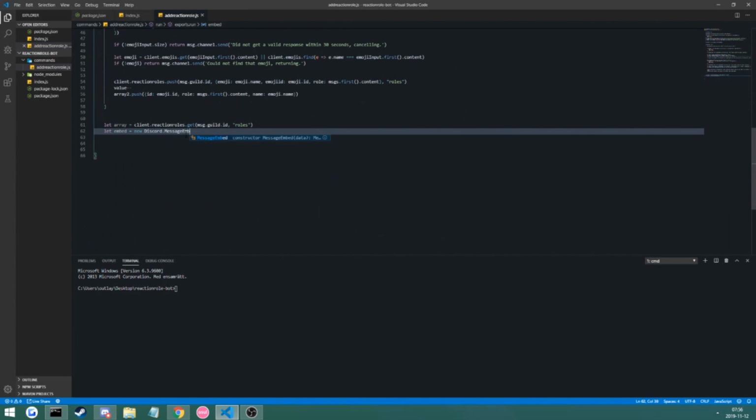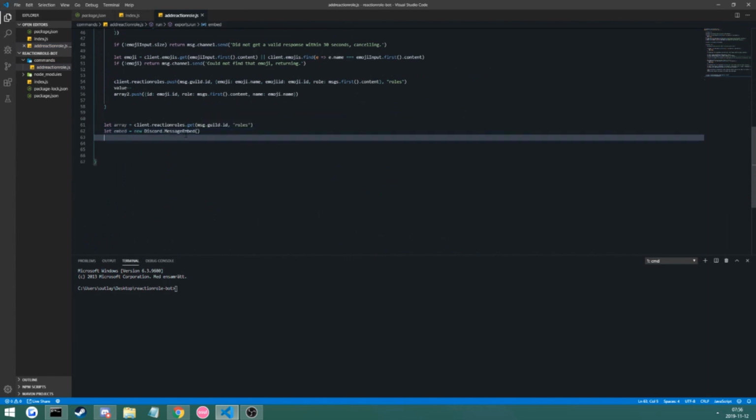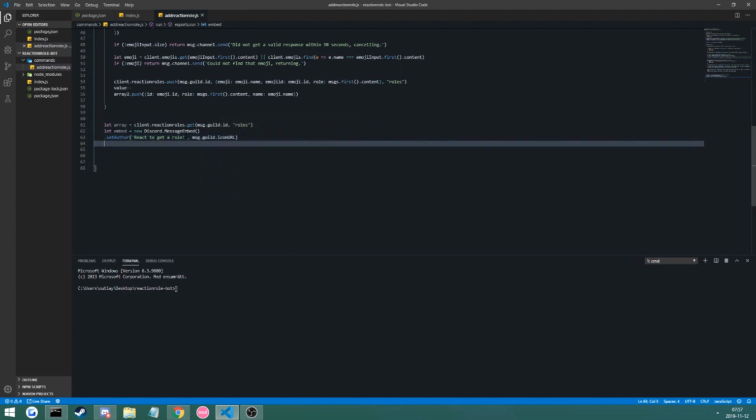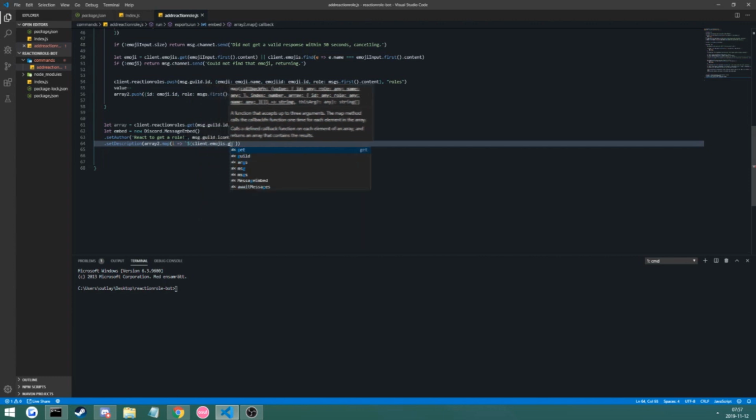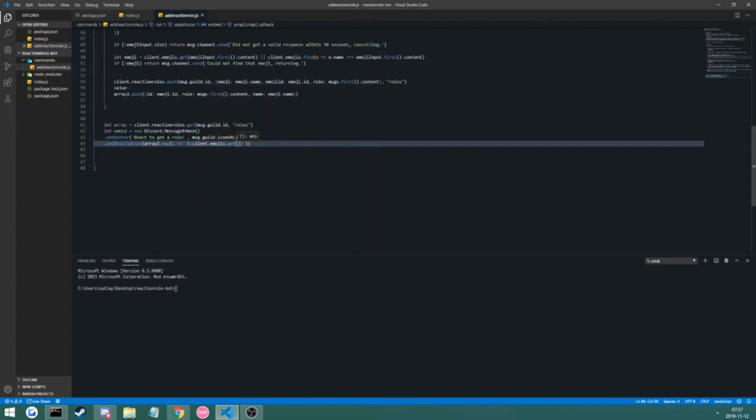Message embed, because we're using master and it's not rich embed. Does set author react to get a role, msg.guild.iconURL. Does set description. Our description is going to be array2.map, i, and then we're going to do client.emojis.get, i.id. And then here we're going to do